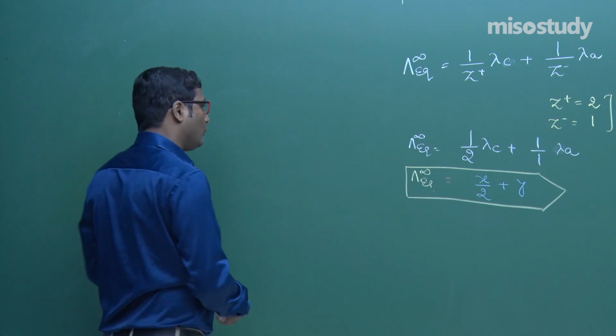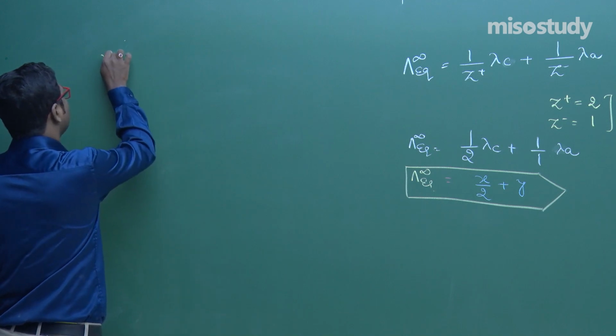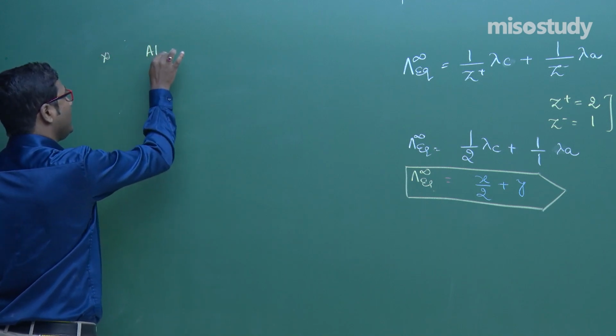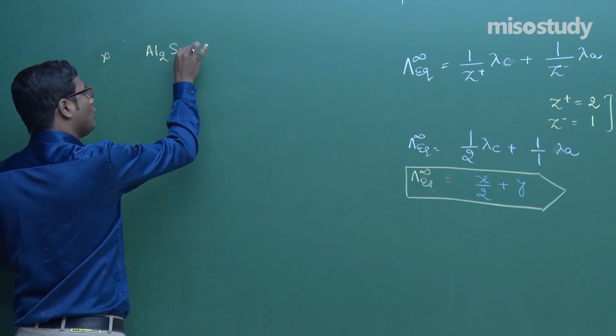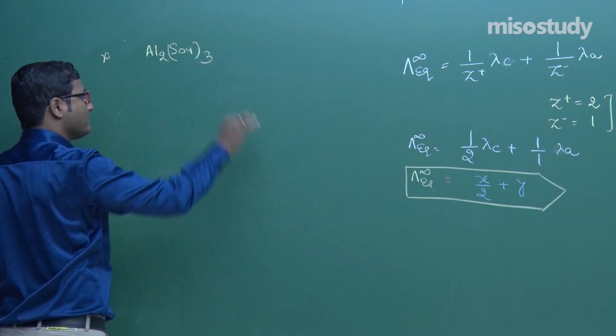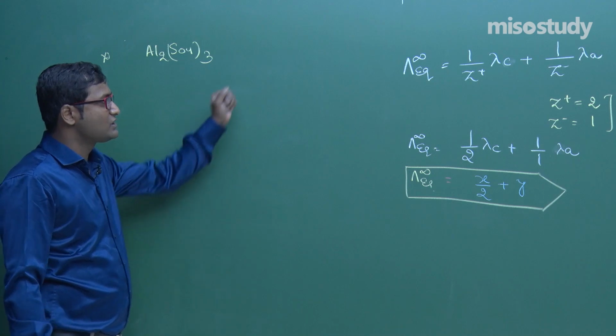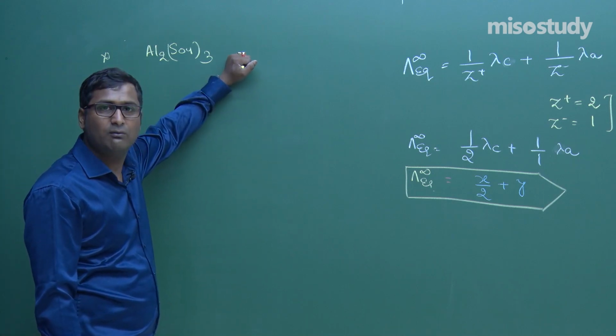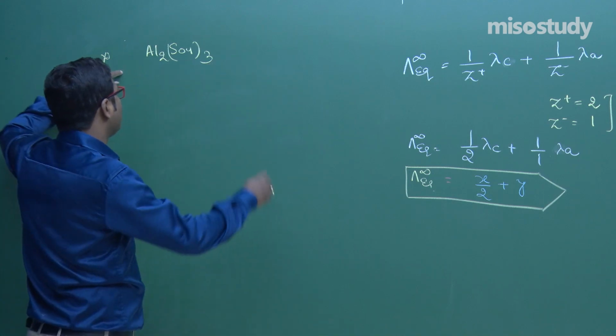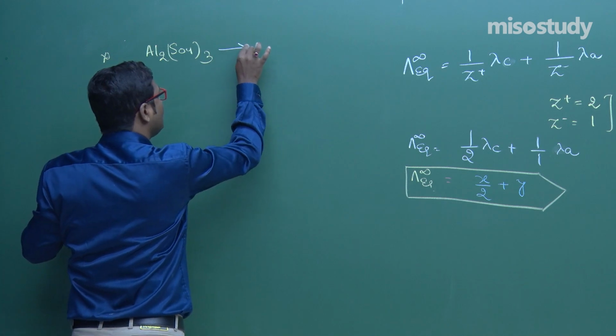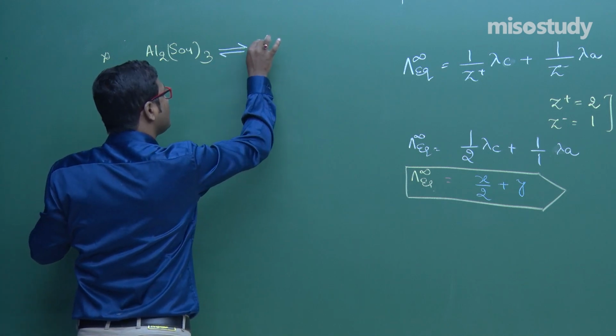Clear? Now if I put here, the next one is Al2(SO4)3. Clear to you? Now write down the expression for equivalent and molar conductivity. As we know, Al2(SO4)3 will dissociate like this,